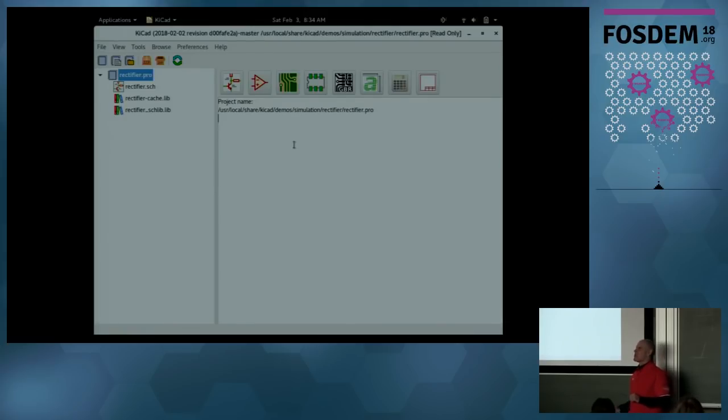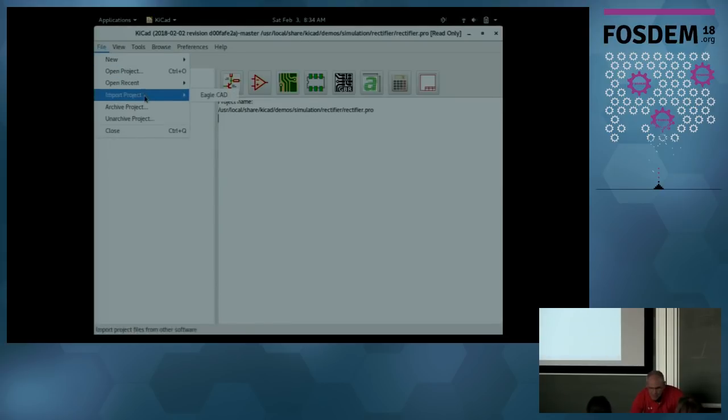One of the things that got driven, as many of you know, is the Autodesk changing of the licensing for Eagle. So one of the things we do now is we actually have a direct import feature for Eagle projects, and it does a very good job. I have an Arduino board here that I grabbed online. So you go into import project,